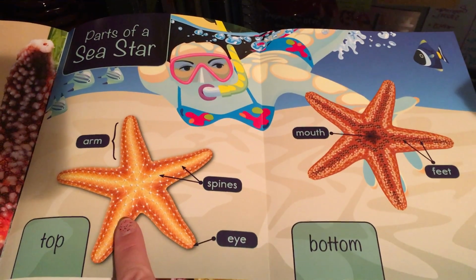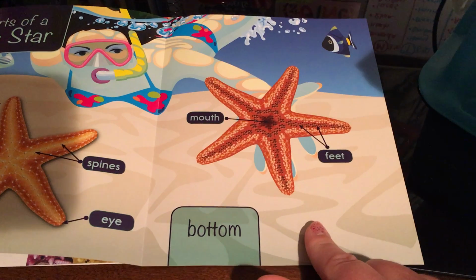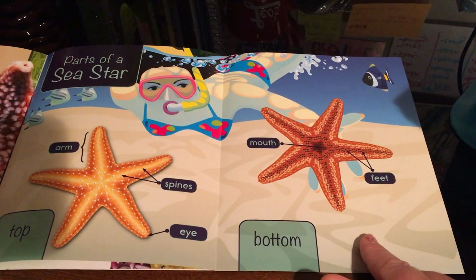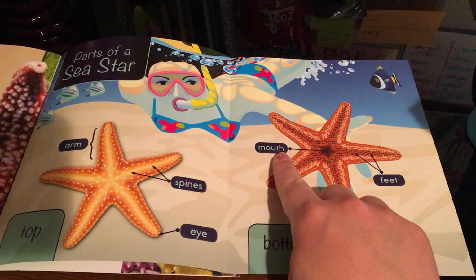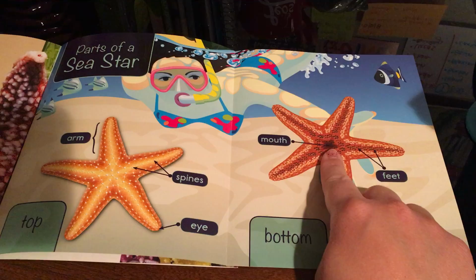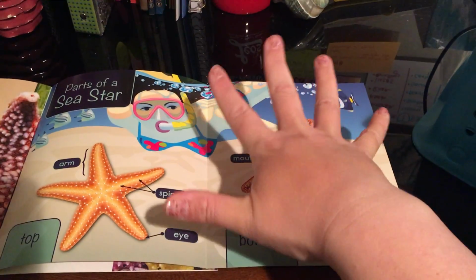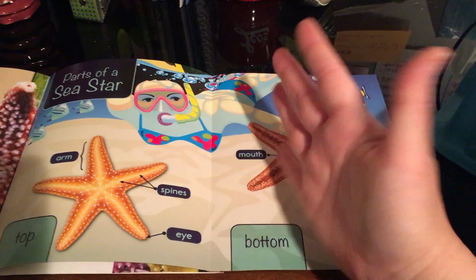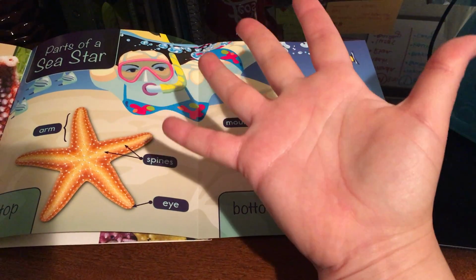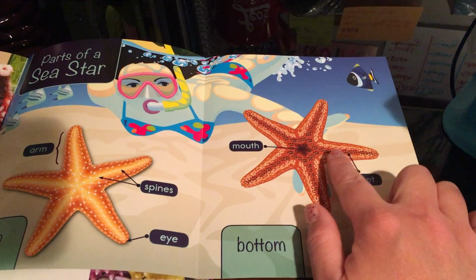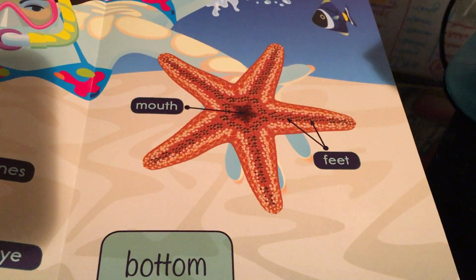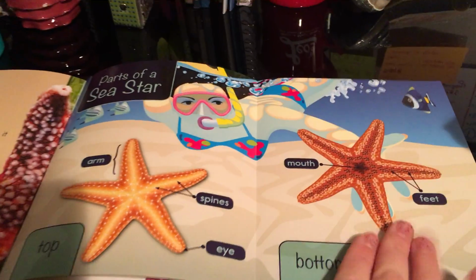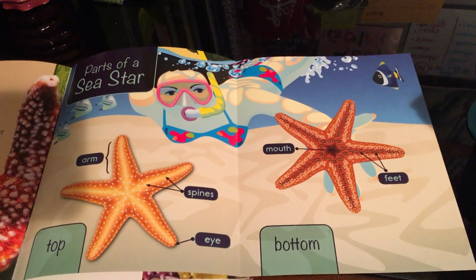Cool. So, okay, we have our sea star here. What about the bottom of it? So the bottom, no way. Did you read this word? Mouth. The sea star's mouth is at the bottom. So if your hand were a sea star, underneath, right in here, is where the mouth is. Incredible. And then it looks like all the little bumpy parts, those little suction pieces, are called the feet. Well, I'm super excited to get to read into this book tomorrow. So tomorrow we are going to start reading, and we're going to read